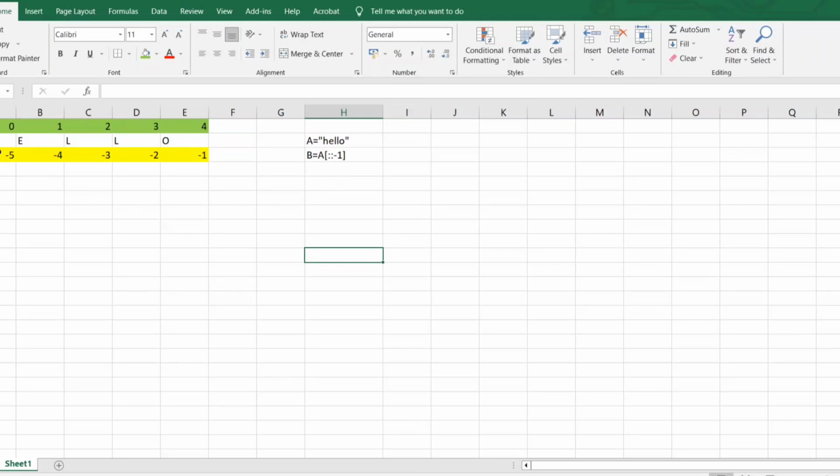Correct. So what I tried, it's like "hello". If it's traversing from left to right, so this 0 will become -1. No, so it is reverse you are doing. So it will start from the end. You are doing -1, so you want to go back. So it will start from the end. Okay, so this will print O, then L, then L, then E, then H. Because you are doing reverse -1. If you give 1, it will start from the start: 0, 1, 2, 3, 4.